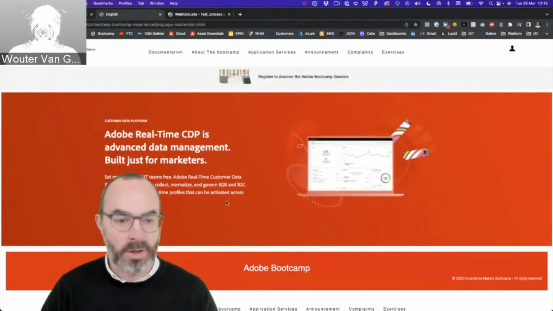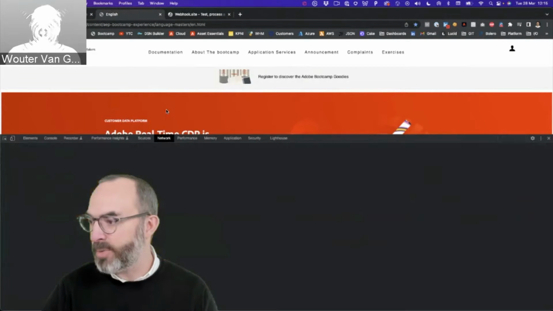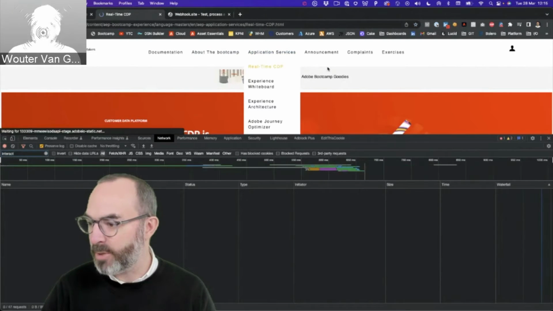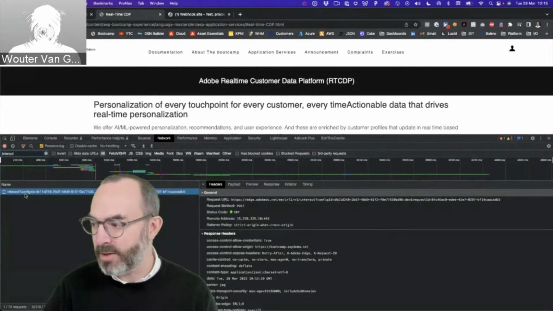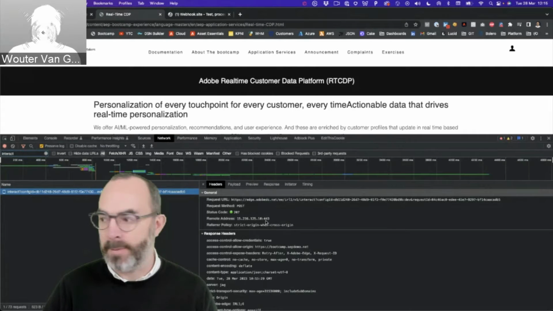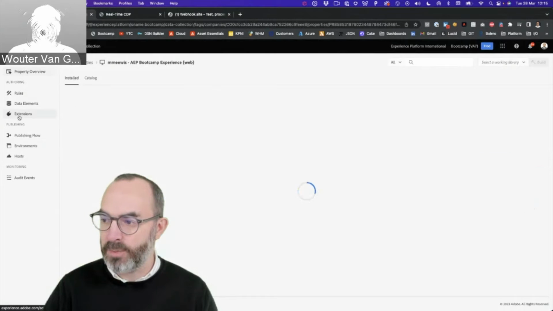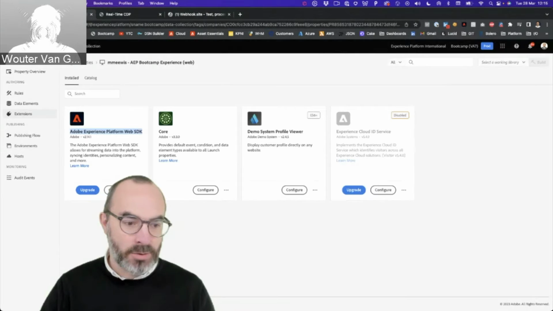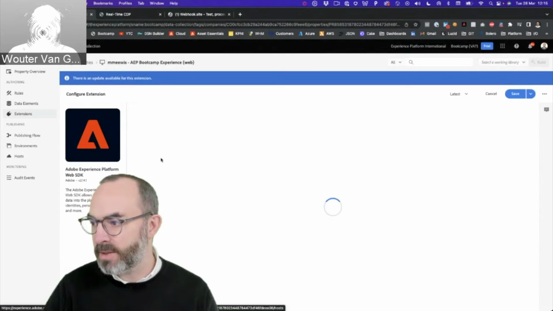So the website is running over here in the browser. And every time that I click on this website, an event is sent by the website into the edge. So if I just go to this real-time CDP product page and I'm using the filter interact, you'll then see this interact call being sent. This is because we are using this launch property and because we have set up the extension for the Adobe Experience Platform Web SDK, and that we have the ability to send data to that edge infrastructure. And if you have a look into that setup,